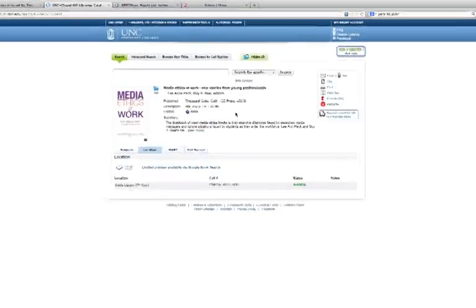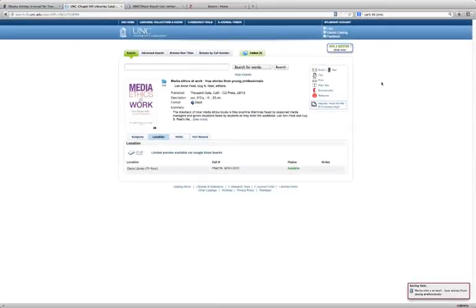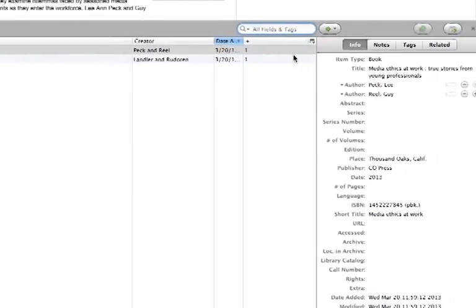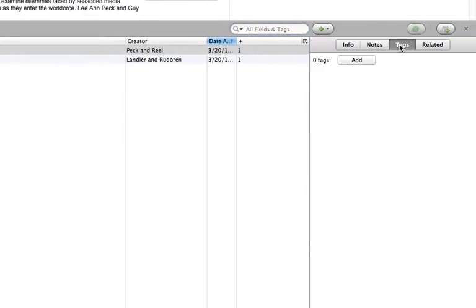If you click on the record for a book that you want to import the information for, you'll see up here in the address bar that the icon has changed and now it's a book. Zotero is recognizing that this is bibliographic data from a book. And so if you click on that, again, it saves the item, lets you know down in the right-hand corner. And to check, you can open your Zotero account, and there it is. All of the data that you need to create a citation, and you can do the same